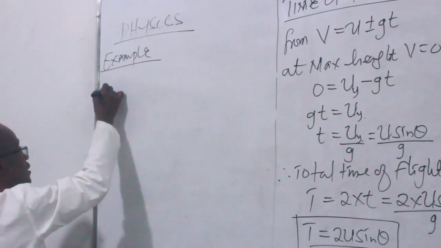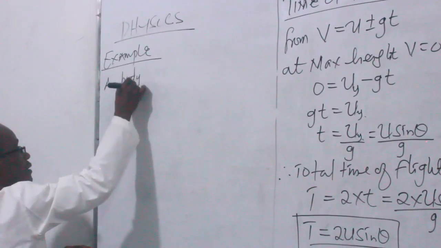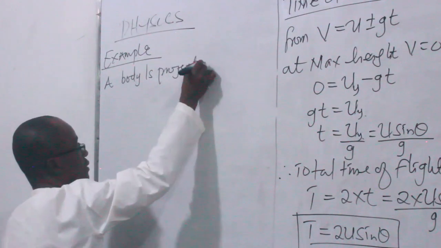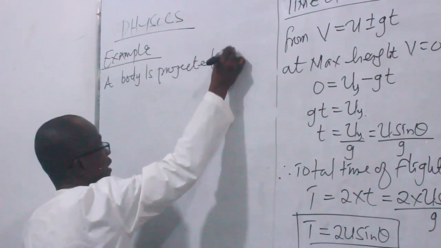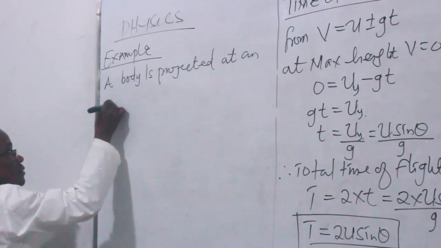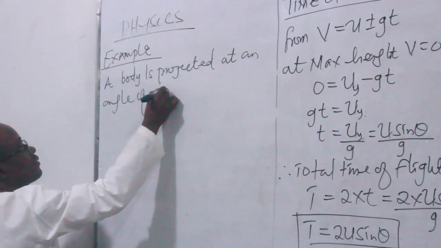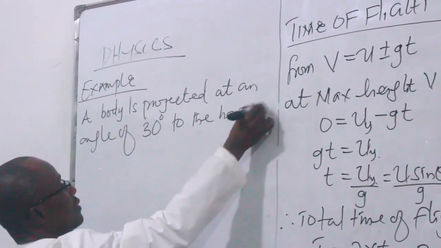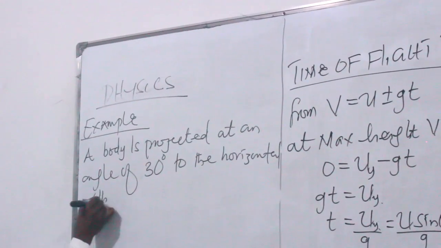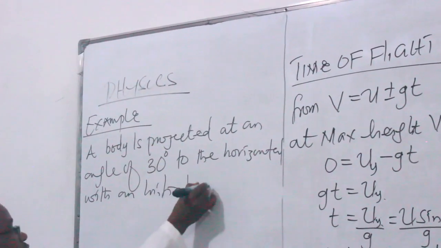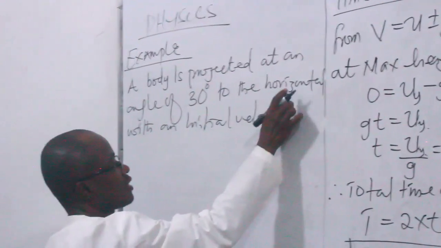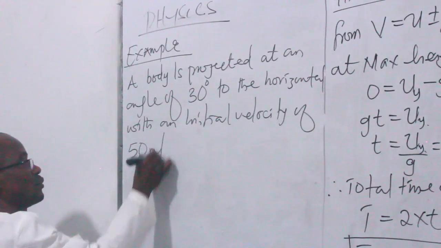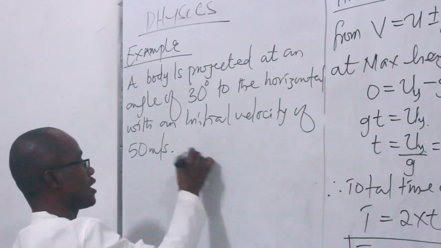So when you say a body is projected at an angle of 30 degrees to the horizontal with an initial velocity of 50 meters per second. Suppose we say calculate